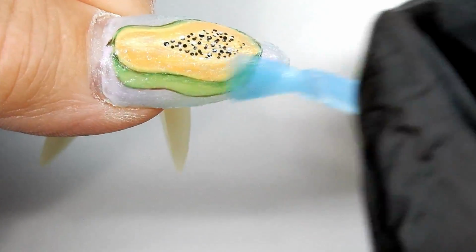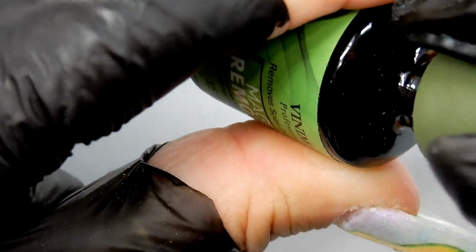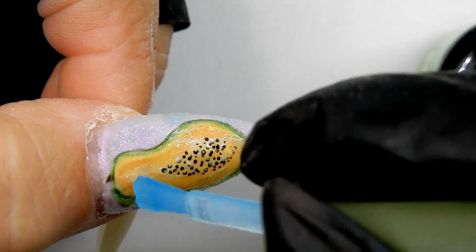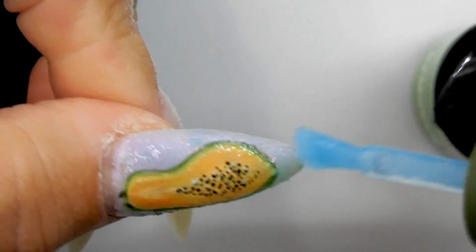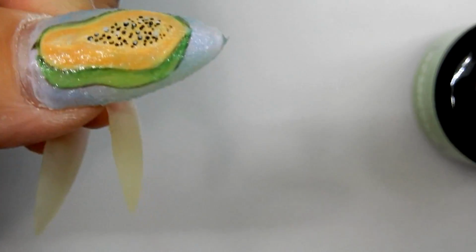All right, so I am just going to get in that bottle and get a little bit more out, and don't be worried that there's nothing in the bottle because it's so thick. It's just down inside the bottle and it's hard to get out, but you just move your brush around and you can get it out. But yeah, we are going to put a nice thick layer on,